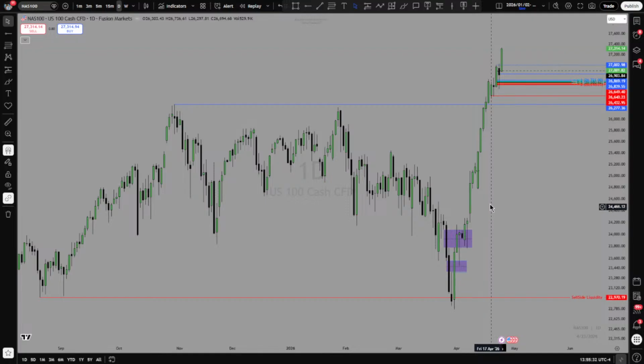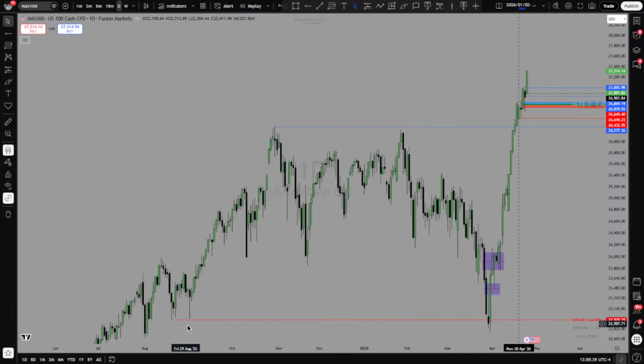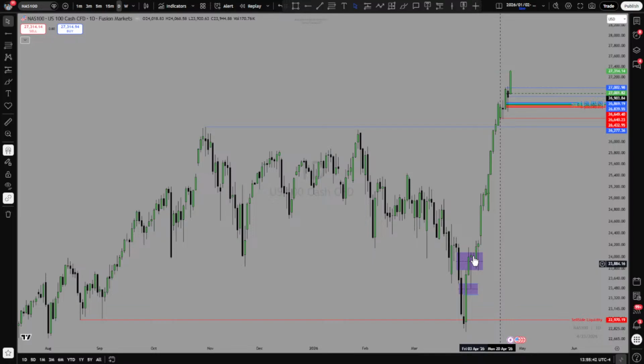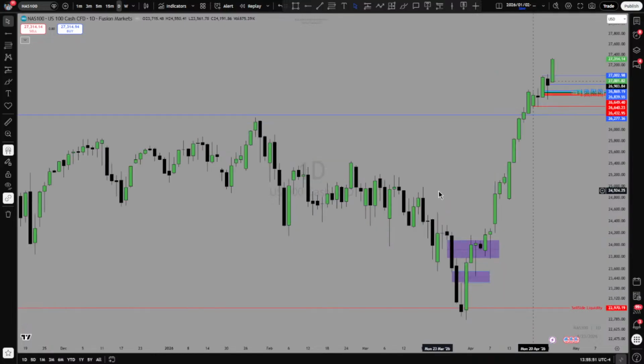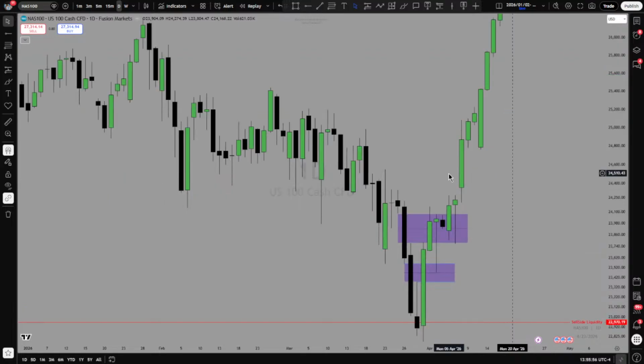So as we can see here, we rejected back to the sell-side liquidity here, which had a relatively quite low here. Then we started moving higher. Then it came back to this fair value gap here, which turned into an inverse fair value gap. Then the price started moving higher. What I was looking for here, if you can see the previous live streams, is that I wanted to.